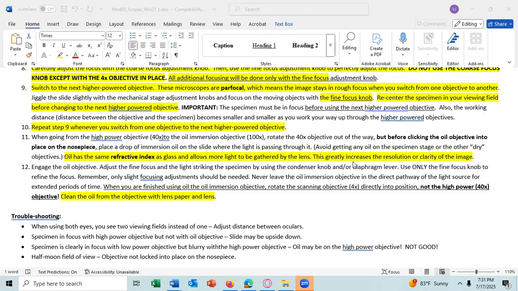You only use lens paper on the lenses, the glass lenses, because regular paper has wood fibers in them, and wood fibers can scratch the lens. If you scratch the lens, you'll damage it. You'll make the focusing of the specimen blurry with the scratched lens.